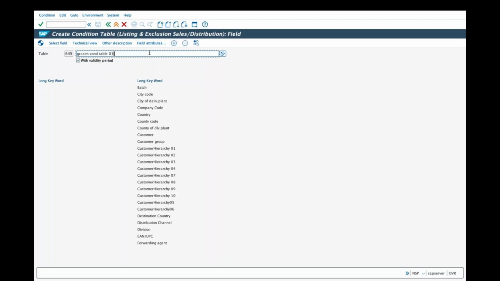Grasham condition table 01. So I made the Grasham condition table 01, and here instead of 01 let me say L slash E. Grasham condition type L slash E. That is listing exclusion. So place the cursor over here, go page down, down,